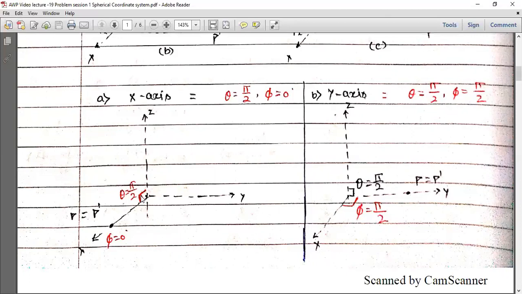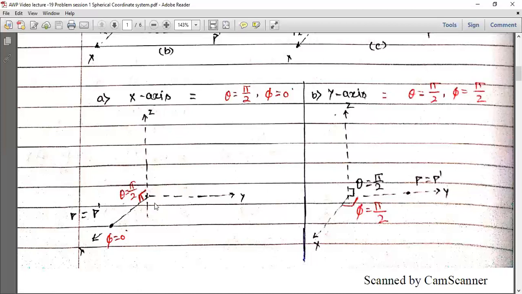Okay, now to find the third coordinate, we draw the projection from point P. This point P is at this particular point on the xy plane, and we have to draw the projection of this point on the xy plane itself. If point P is lying on the x-axis, that means it is in the xy plane. And if a point is in the xy plane, when you draw its projection on the xy plane itself, the point and the projection coincide. The same point is also the projection. So the point P is the same as its projection on the xy plane, P dash.